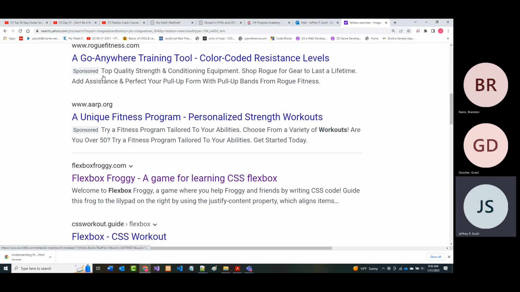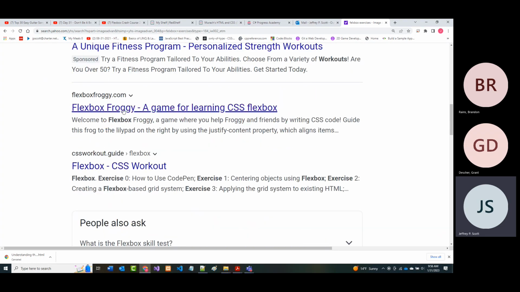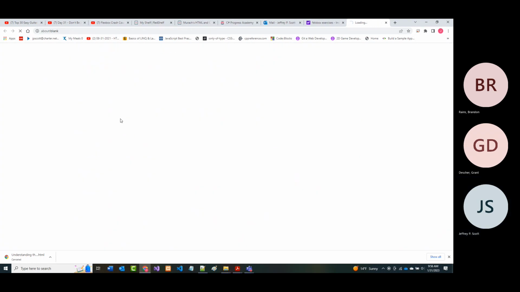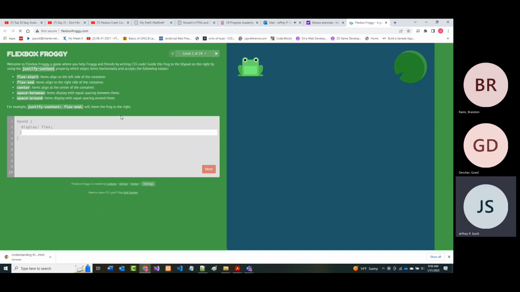There's all sorts of stuff. There's that Froggy that I mentioned to you. Like I said, it's a little amateurish. So it says, for example, justify content flex end will move the frog to the right. So I think you can either copy what's in here